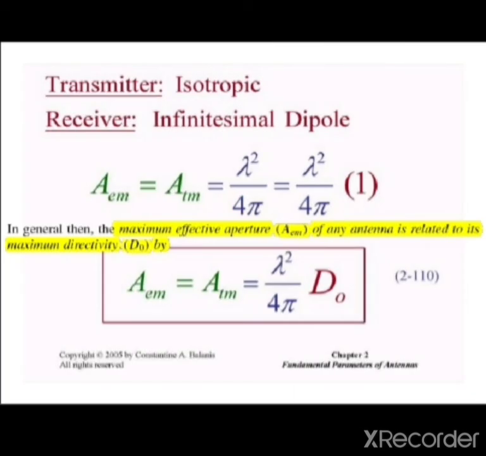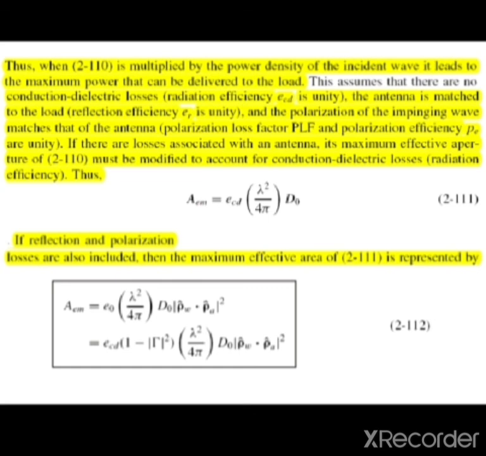The transmitter is isotropic and the receiver is infinitesimal. Then you will get these results for the AEM and ATM. So AEM is equal to ATM, equal to lambda square by 4 pi into d naught. The maximum effective aperture area of any antenna is related to its maximum directivity. This is the relation between directivity and the effective aperture area of the antennas. So you will take this formula,